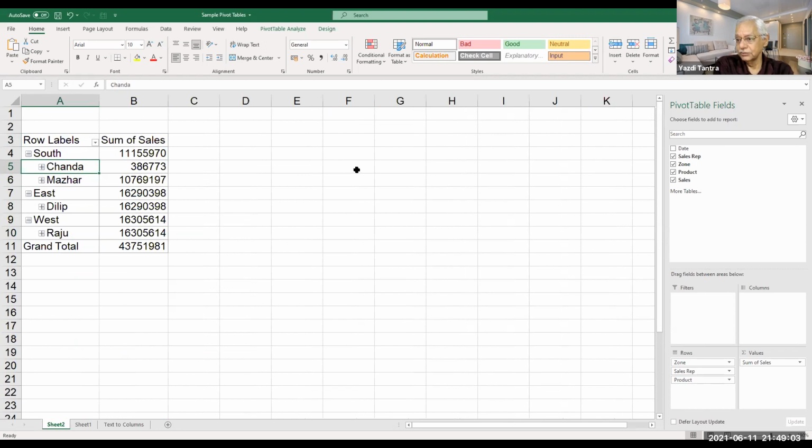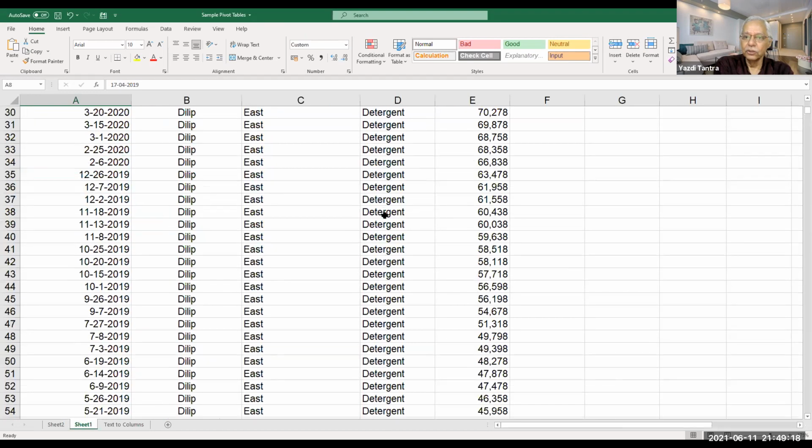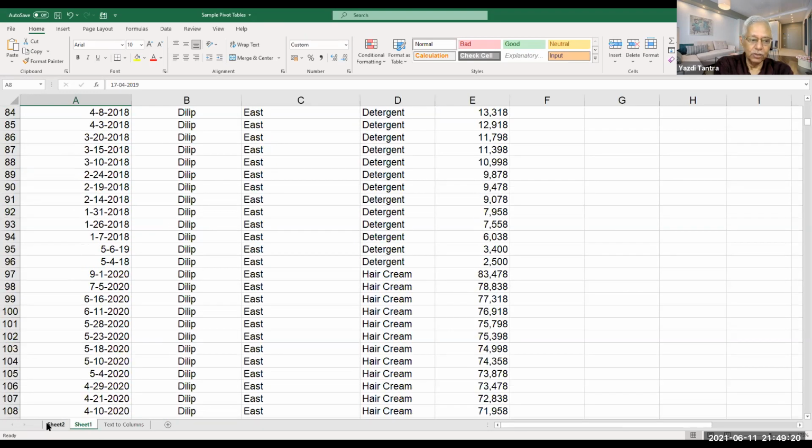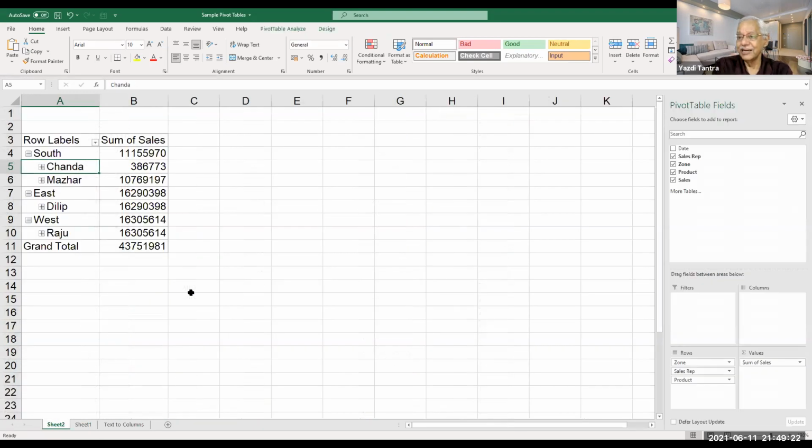Are we getting this? This is so beautiful. It's very, very simple, but very, very useful. The entire data that we had of 1,000 rows, we are getting it compact into this, and it's very, very simple also.